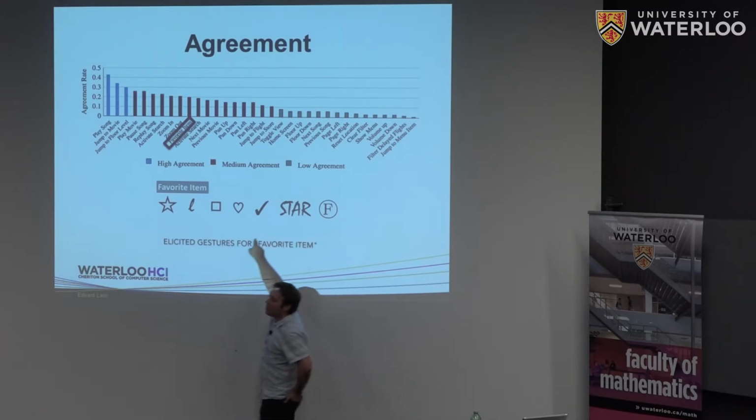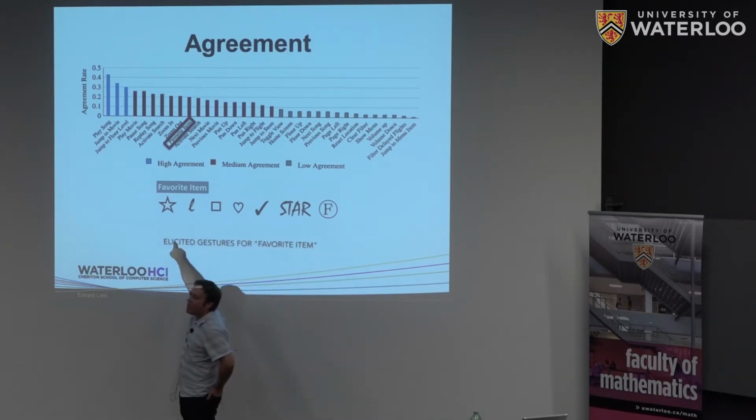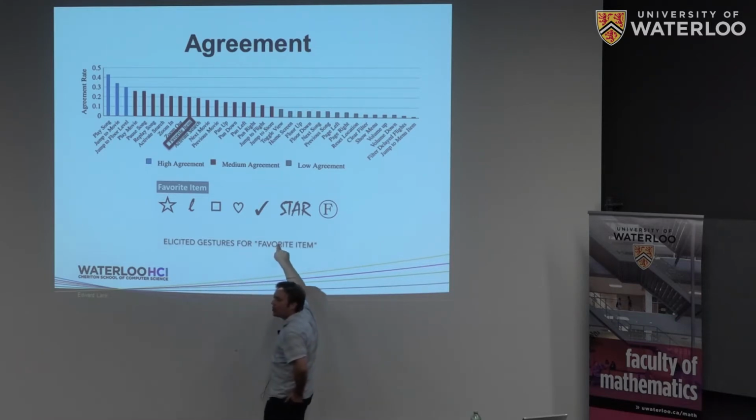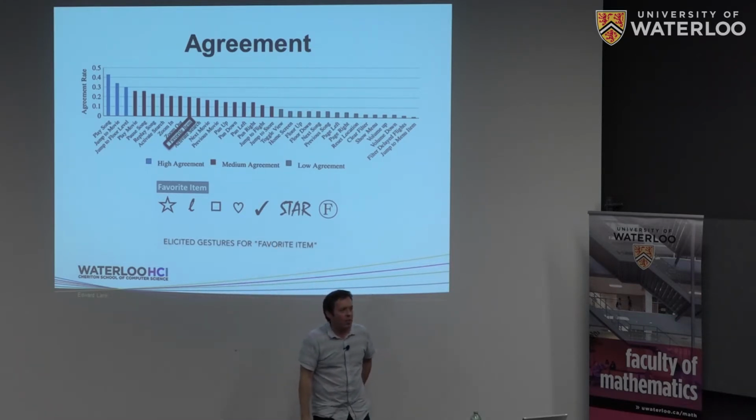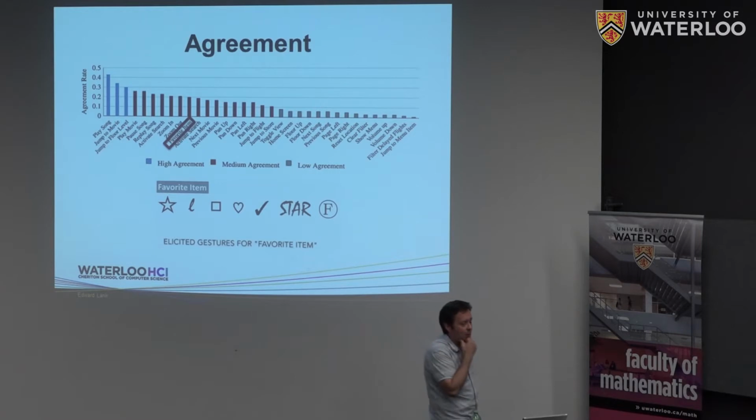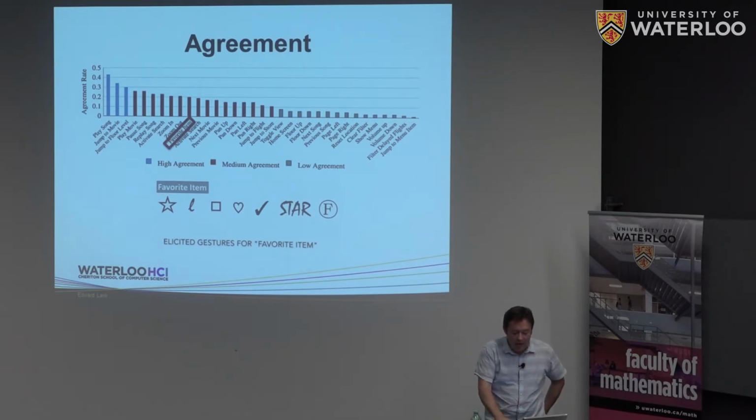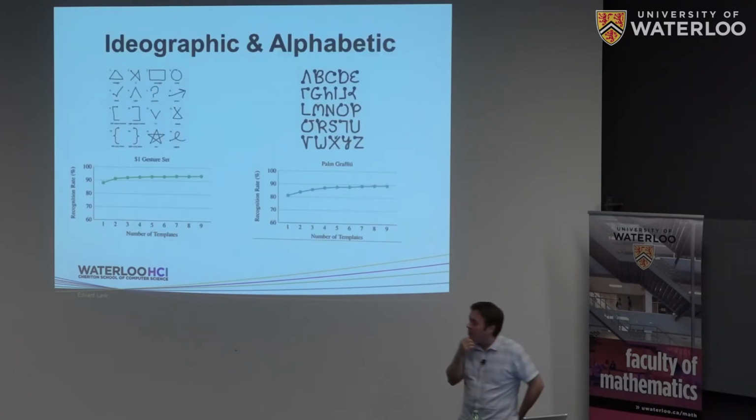The important thing about this is if you look across this space, what you see is a lot of ideographic and alphabetic characters, and you don't see a lot of pointing, because it turns out for a user, if they're going to point at the display, they're just going to point at the display. And this space actually makes sense in terms of ideographic and alphabetic input, at least for a bunch of people that we had in lab that we analyzed this space with. And so we actually played with that a little bit.